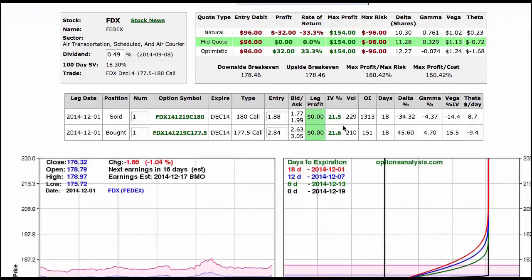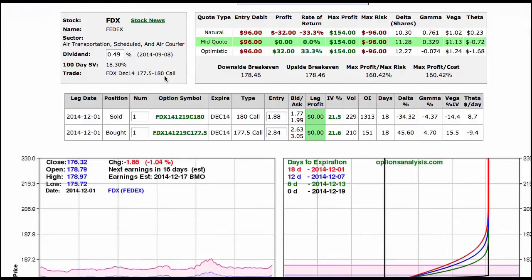I'm looking at the implied volatility of each option, which looks relatively low. I've got volume for the day. I've got open interest on the contracts. I've got the number of days to expiration. The deltas, obviously the positive one shows that I am long the call option, and the negative delta shows that I'm actually short this particular call option. I can also see Greeks such as Gamma, Vega, and Theta